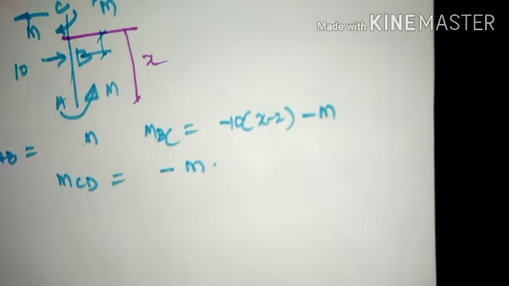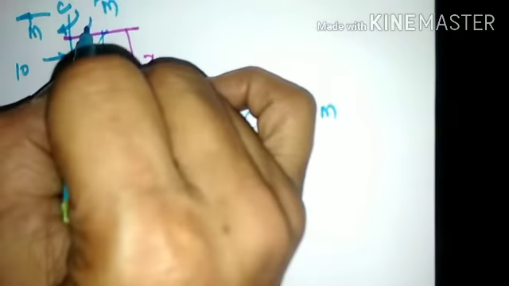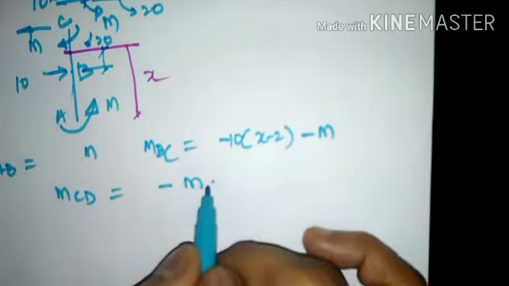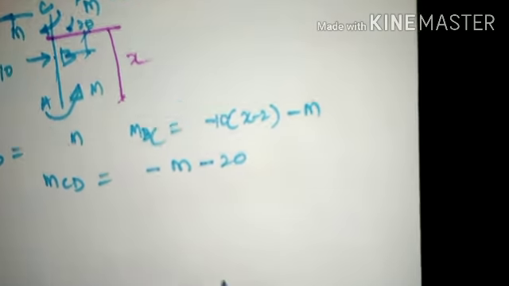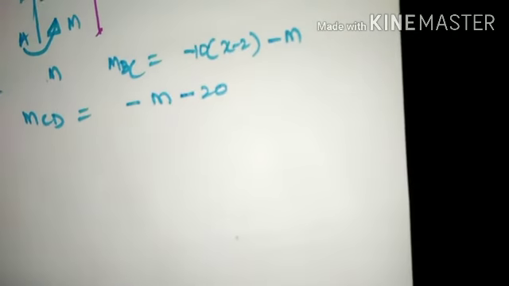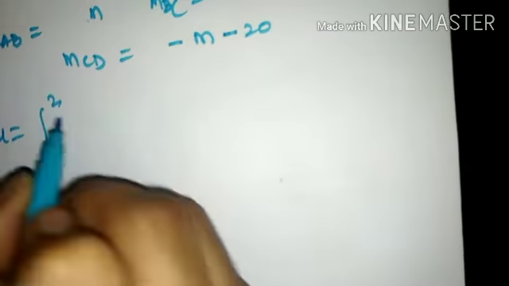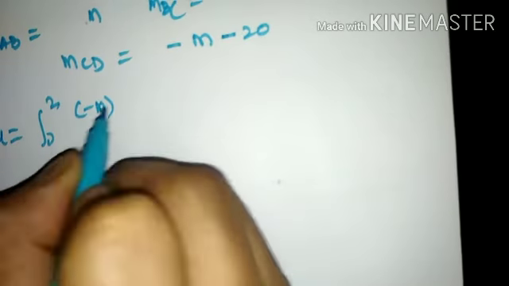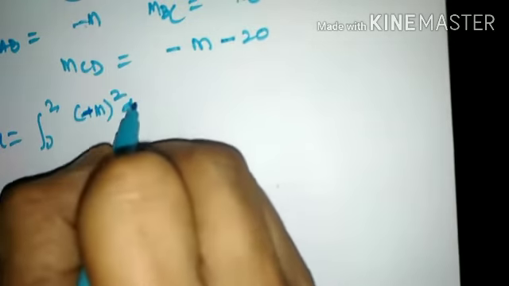So these are nothing but the expression minus of M, but 10 will also have a rotation here, which is 20 clockwise and 20 here clockwise. So minus of 10 minus of 20 will be the value for MCD. So we need to have these particular values substituted in the strain energy expression. When I substitute in the strain energy expression, this is 0 to 2, minus of M, the whole square dx divided by